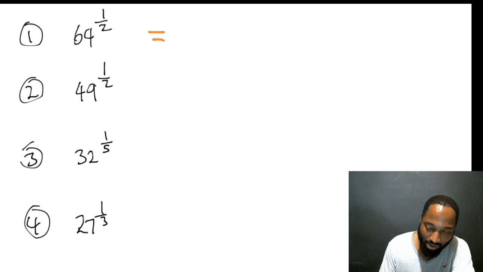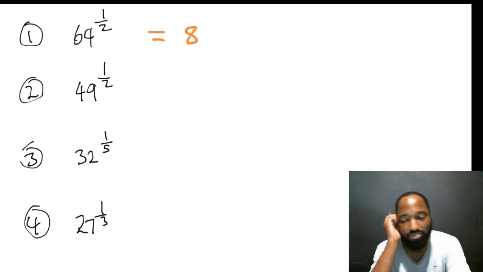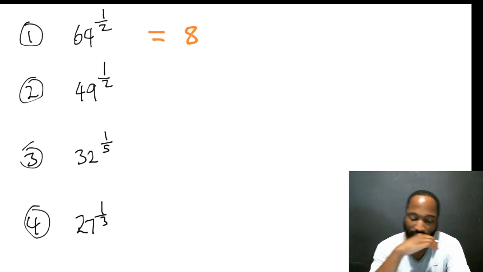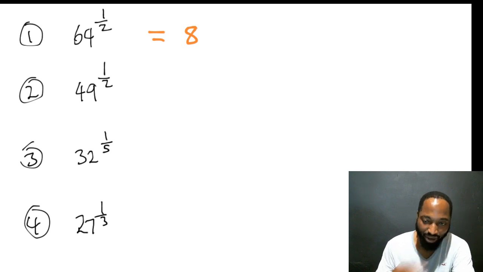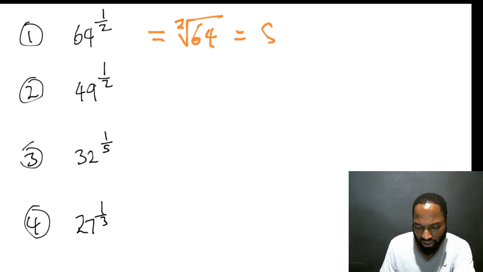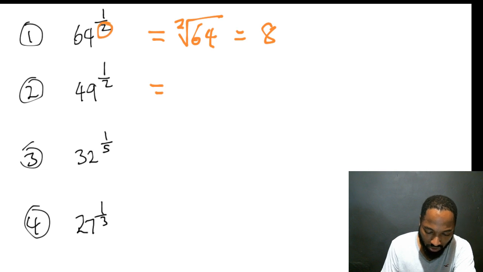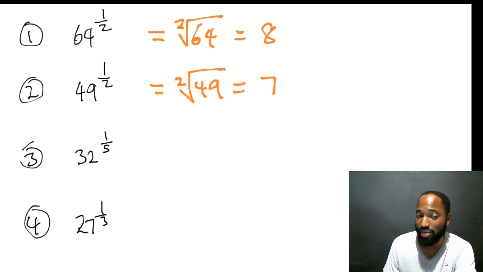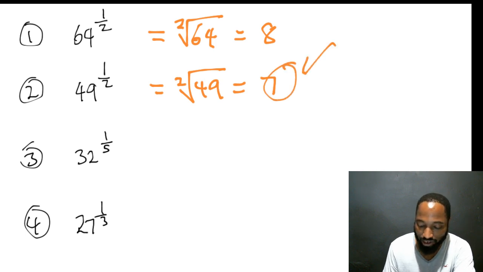64 to the power of a half is 8. Alright, and we got that answer because that's actually the root. Sorry for yawning. The root of 64, which is actually 8. Remember, this 2 comes there, right? So square root. This is actually going to be the square root of 49, which is 7. Not all the time will it work out to nice, neat, beautiful numbers like this. I'm just making it so.